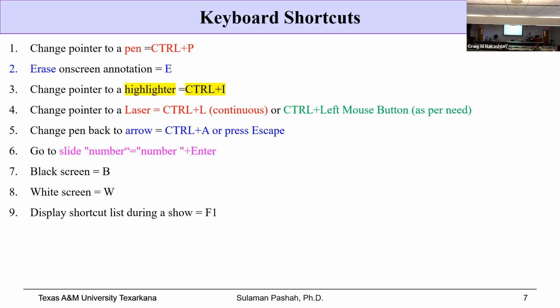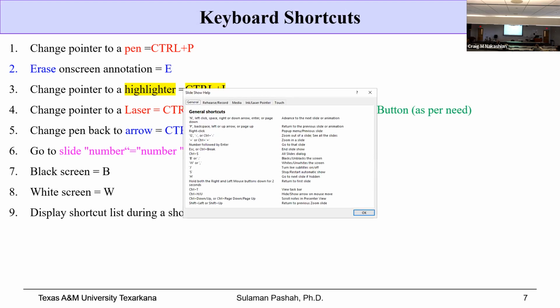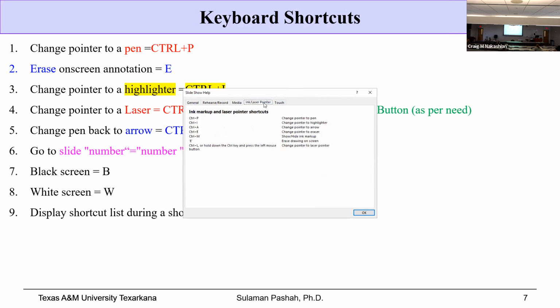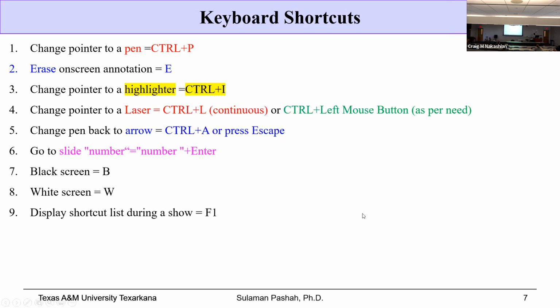And if you want to see what are these options available, you just press F1 while you are in presenter mode, and it will give you, under tabs, the different types of shortcuts which you can access. So it is very handy. If you don't even remember, you can just press F1 and you can go, for example, here for laser pointers,